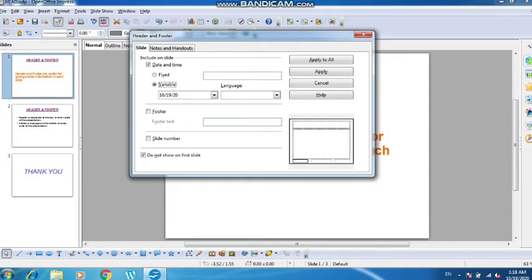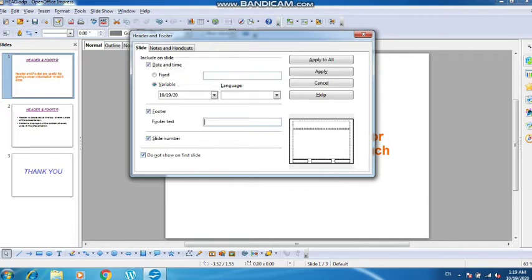But students, if you are doing it in Microsoft PowerPoint, and you insert the header and footer and choose the option of date and time, then whatever date and time you select in the variable part gives you the option to update automatically. Once you check that option, update automatically, it will be updated whenever you play the slide in front of the audience. So that is a better option in MS PowerPoint. However, in OpenOffice Impress you cannot do that.